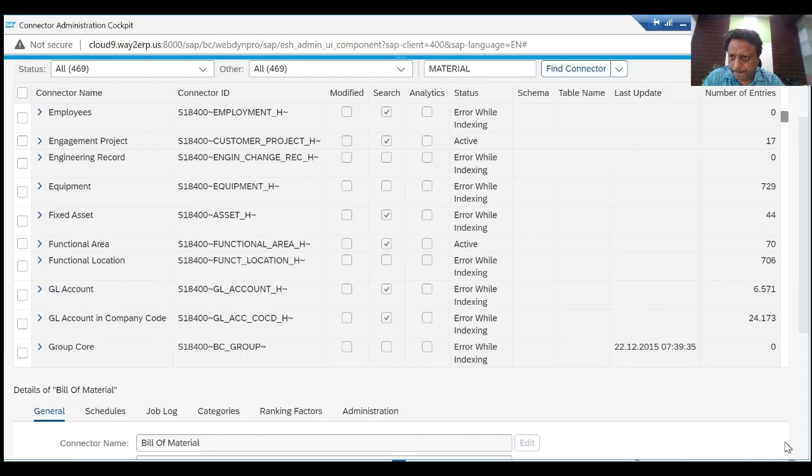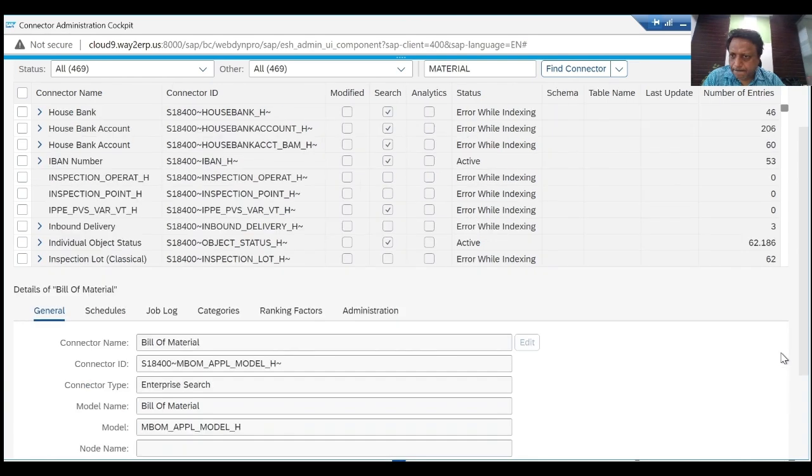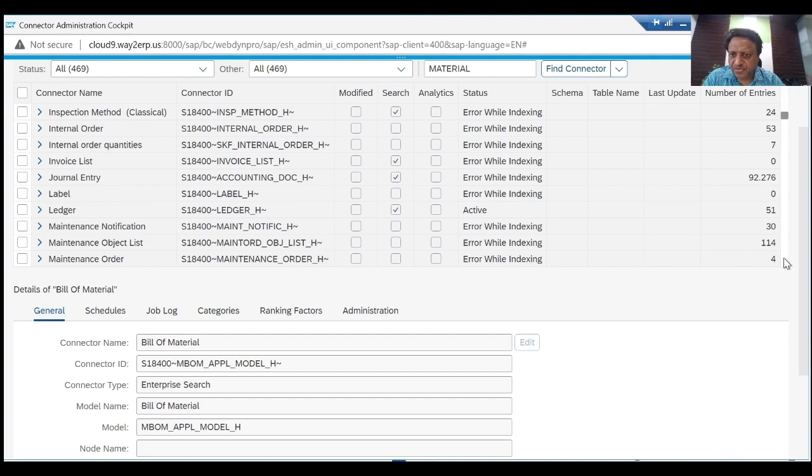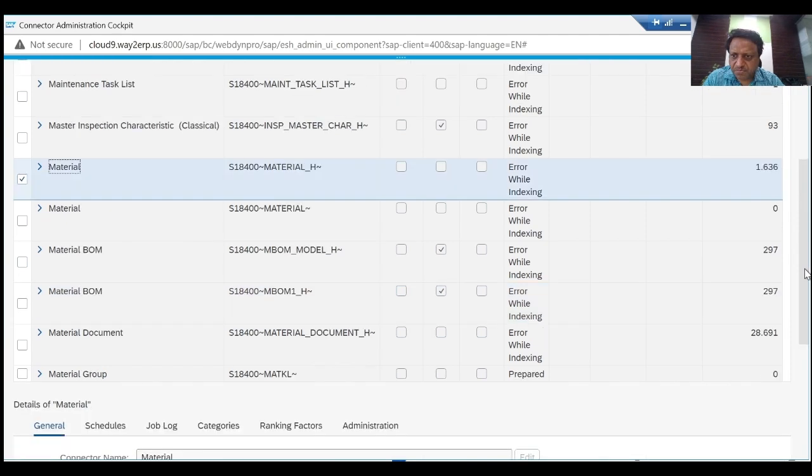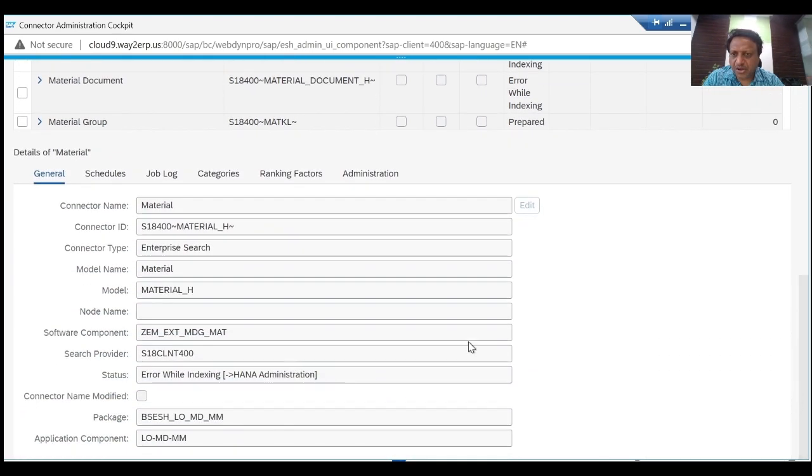So let me select this, and from the material connector we can then see the various attributes, like the details. For example, this is the connector, the material. If I select this, then in the bottom part of this screen within the cockpit we can then see the basic software application. So we created this software application, and then